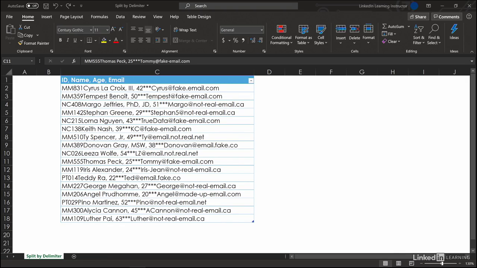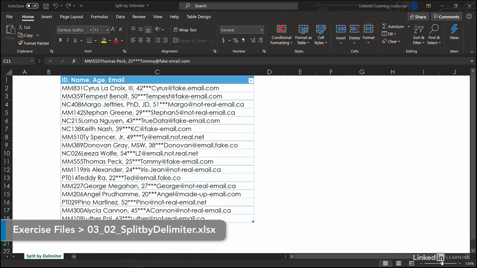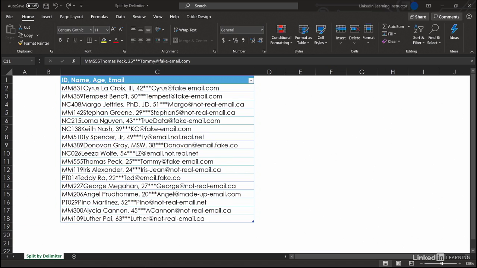A lot of times data comes to us and it is completely not ready. It is a mess like this here. We've got a column of data where the IDs, names, ages, and emails are all smashed up against each other. And let's look specifically at Margot Jeffries and see the tricks we're going to face when we have to separate